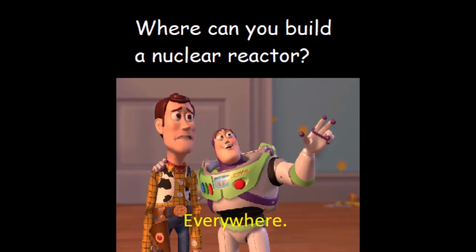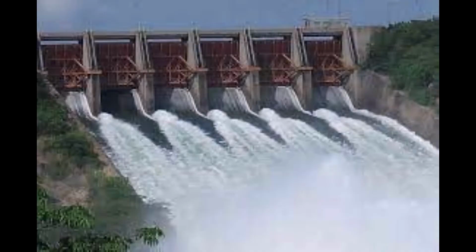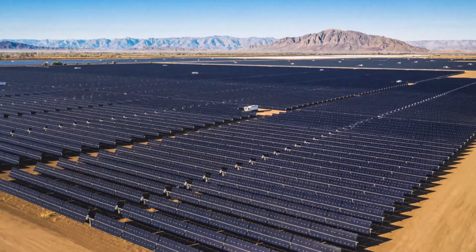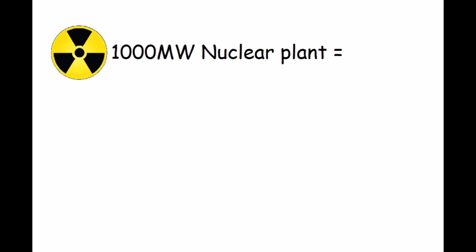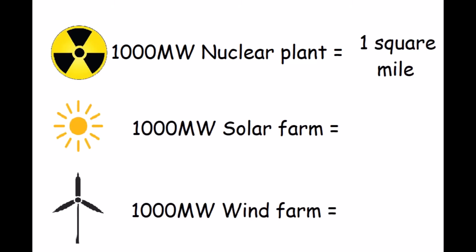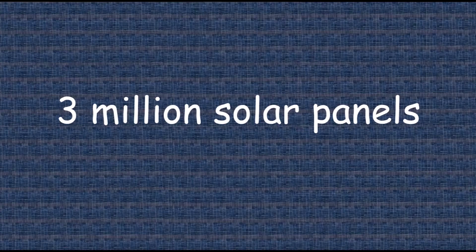Nuclear reactors can also be built anywhere. It doesn't require places with high winds, lots of sun, or massive rivers, nor does it require thousands of acres of land, which is something that intrigues many countries. A typical 1,000 megawatt nuclear plant takes about 1 square mile to operate, while solar or wind farms of that size would require 75 to 360 times more land, or the equivalent of 430 wind turbines or 3 million solar